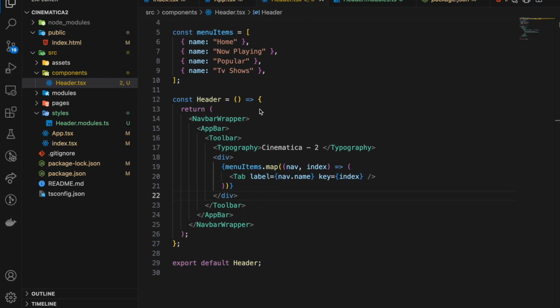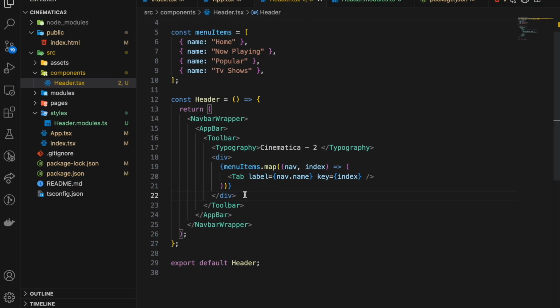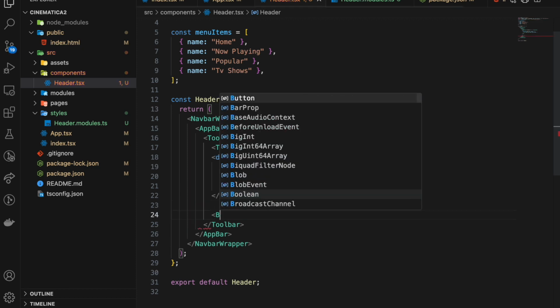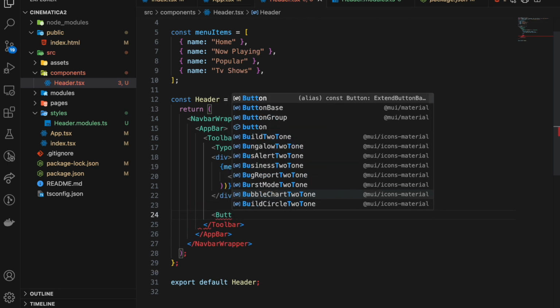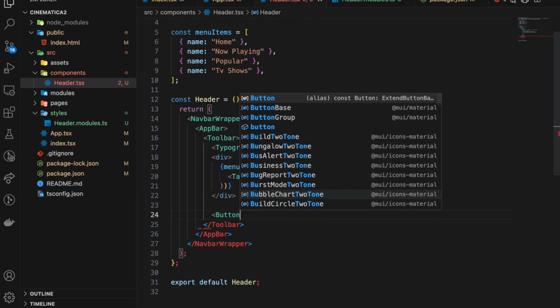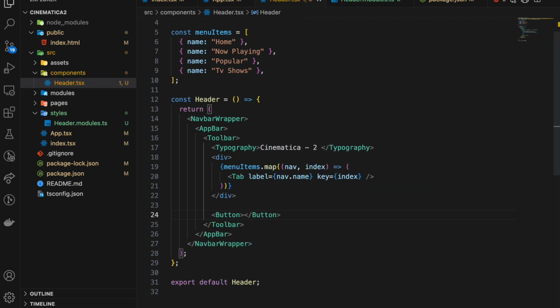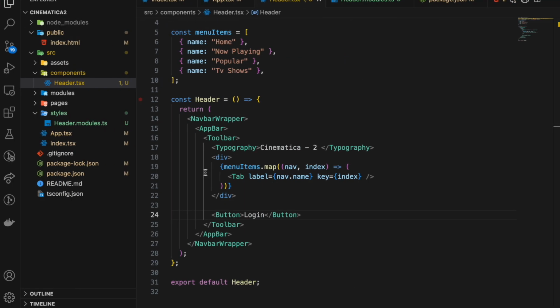Everything is working, and after this div we are gonna call the button from the MUI. I think the button isn't a self-closing tag, so whatever you name your button goes inside this. Okay, the button isn't showing